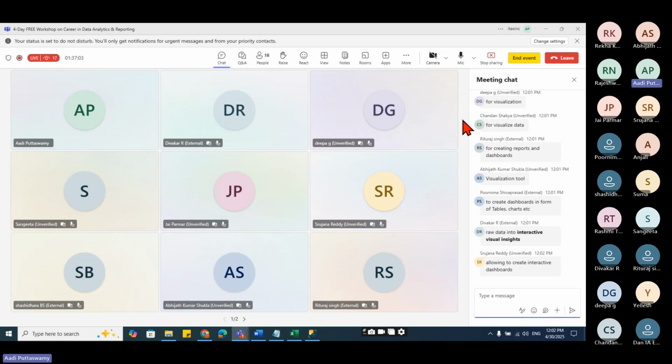So I'm creating some dashboards here. This cannot be done in SQL, but we can do that in Excel. But in Excel, if you're doing this, it will take a lot of time, a lot of effort. But in Power BI, it's not like that. It is very easy. We can just create the dashboard in a very simple way. Let's try to create one simple dashboard. Let's open Power BI.